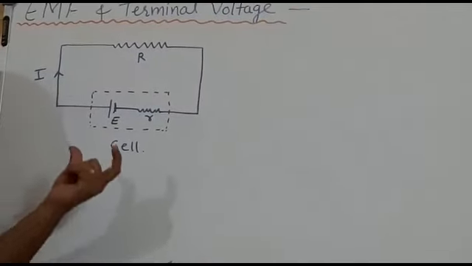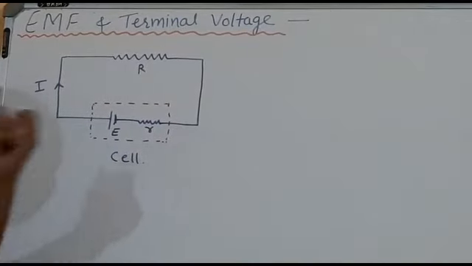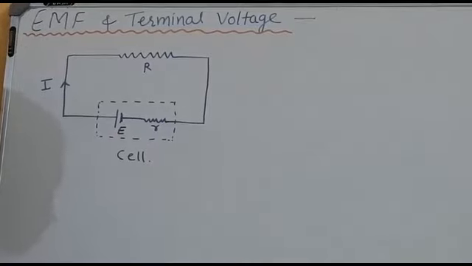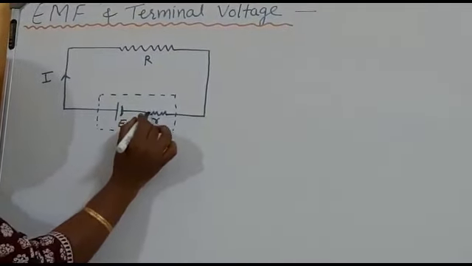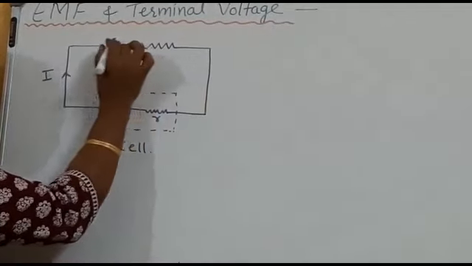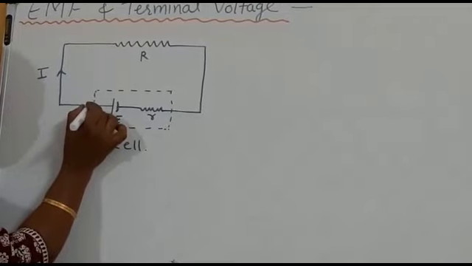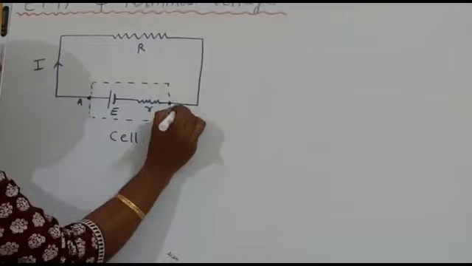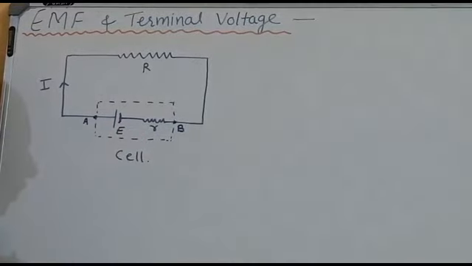So now you see, if I want a current I to flow through this resistance, what I need? I need to provide the potential difference. That potential difference is provided here by a cell. So the cell is connected here. Now the electron will move from negative terminal, it will go here, coming here towards the positive one. So we have here 2 points, suppose A point and B point. A point is at the positive terminal, B is connected to the negative terminal.